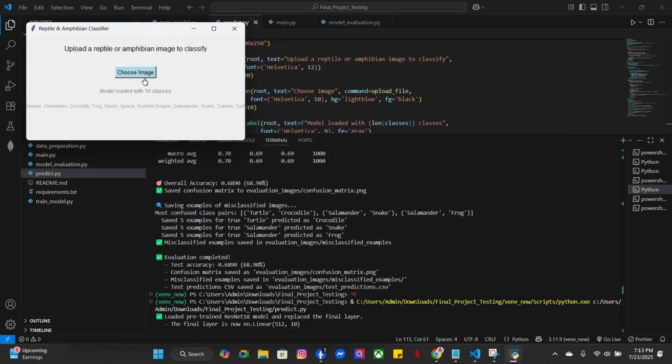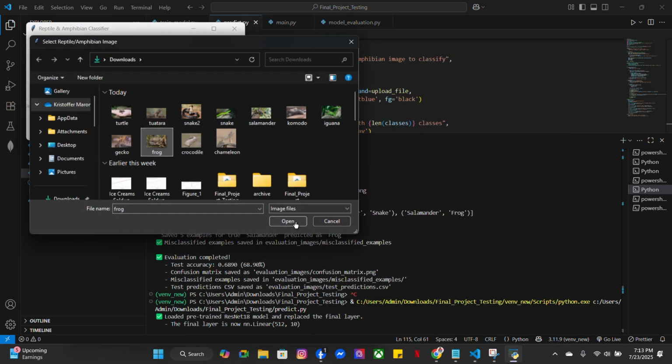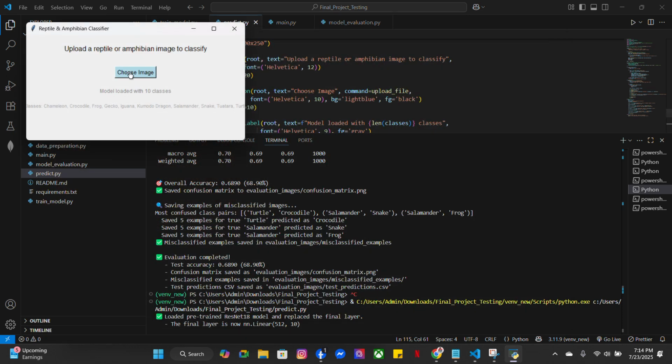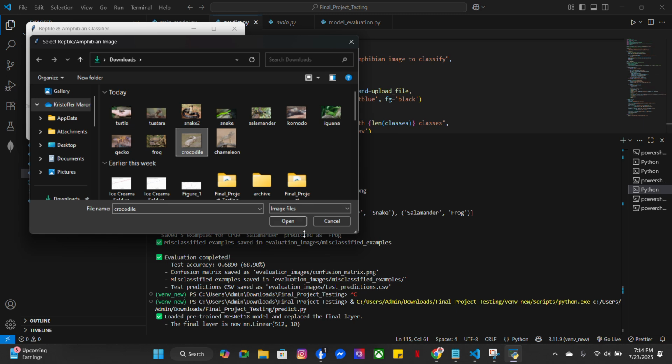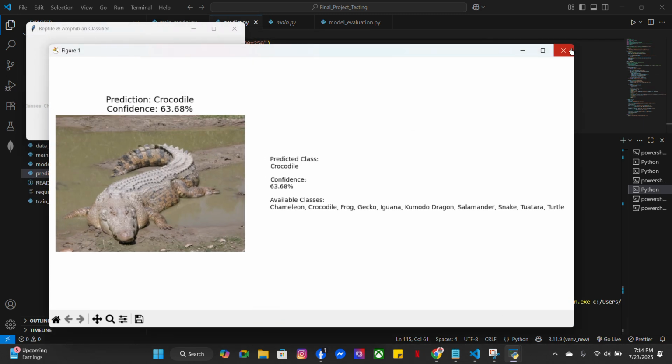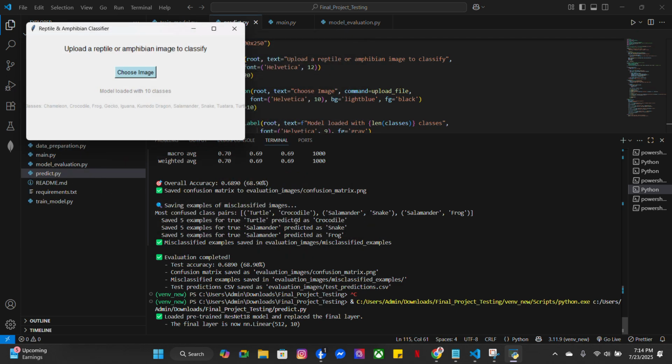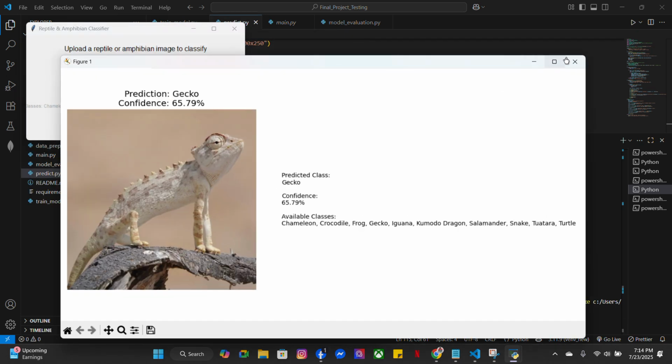Correct also. Incorrectly predicted. Correct. And this one is also correct.